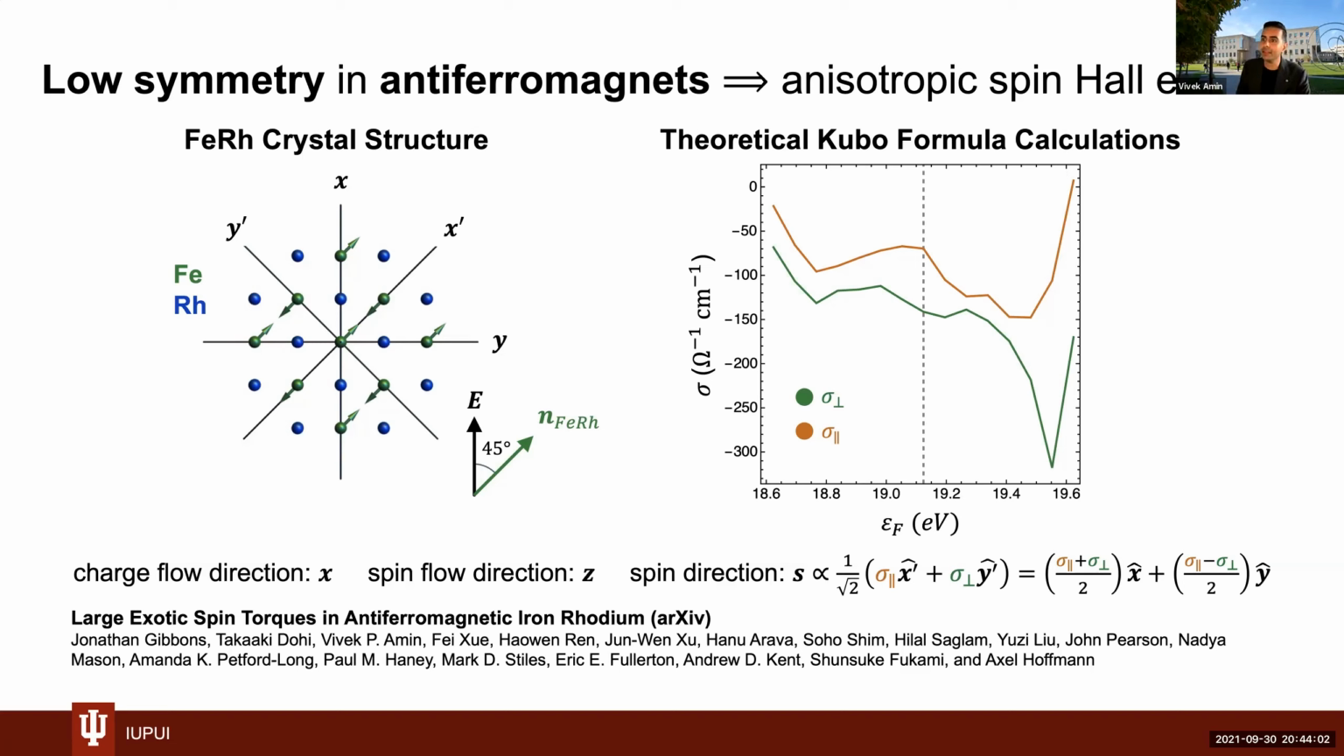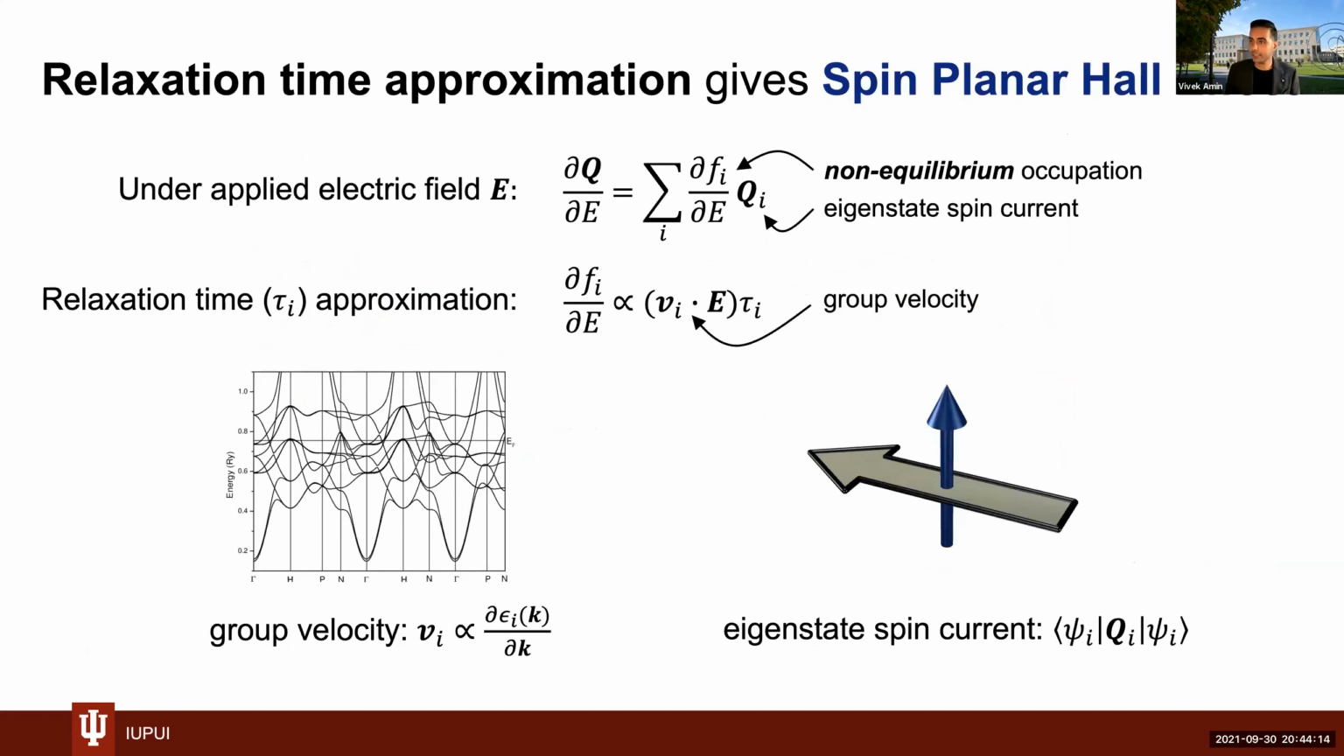Okay, so the last topic that I'm going to talk about are extrinsic effects in ferromagnetic materials. And so again, for lack of a better name, we called this sort of phenomena the spin planar Hall effect. And I'll get to why we called it that in a second. So if you recall, when you turn on an electric field in a system, you can perturb the system in